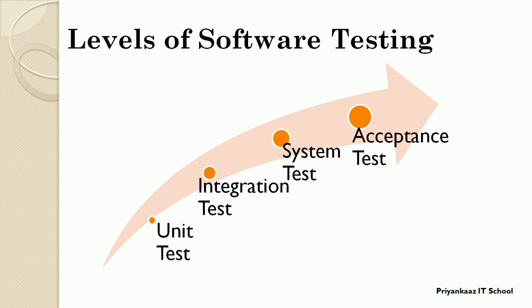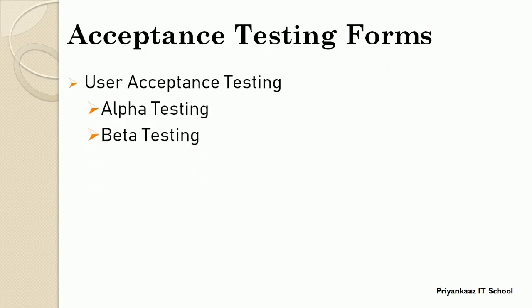Acceptance testing also occurs whenever a new functional enhancement is made, which may occur before system testing, right? So whenever there is a new functionality that we have to add to a software application, we can also go for acceptance testing. So basically in iterative development, the project team can employ various forms of acceptance testing during or at the end of each iteration. Now let's understand how many different forms of acceptance testing we have.